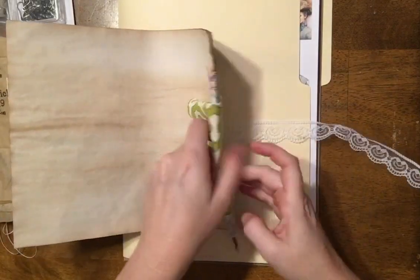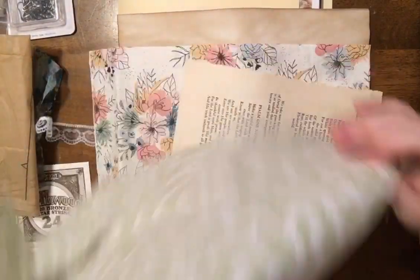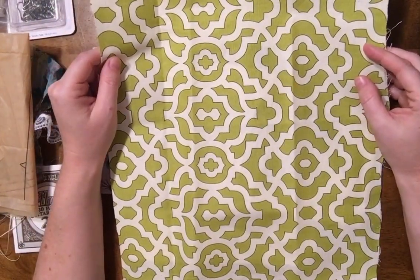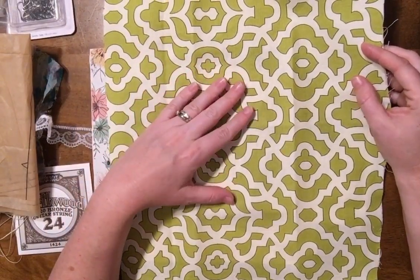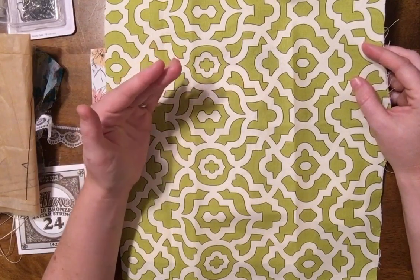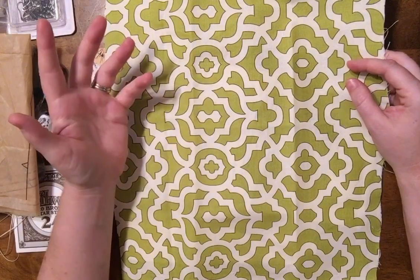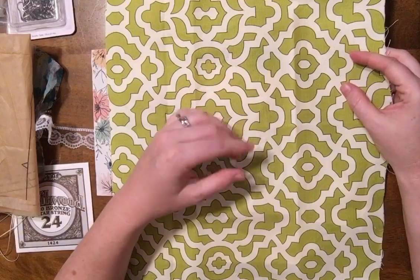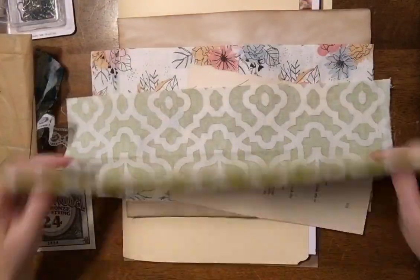And then let me turn this over here. And so we've got some of this vintage lightweight upholstery fabric. I love the colors. I know it kind of has like a retro theme going for it, but the colors themselves really pop. I think of that time that it was very adventurous with the industrial era. And I think this color fabric kind of pops, has some brightness to it, kind of brings some excitement to your project, to your